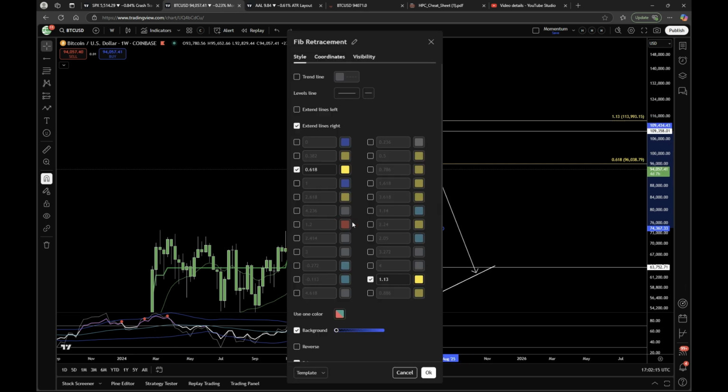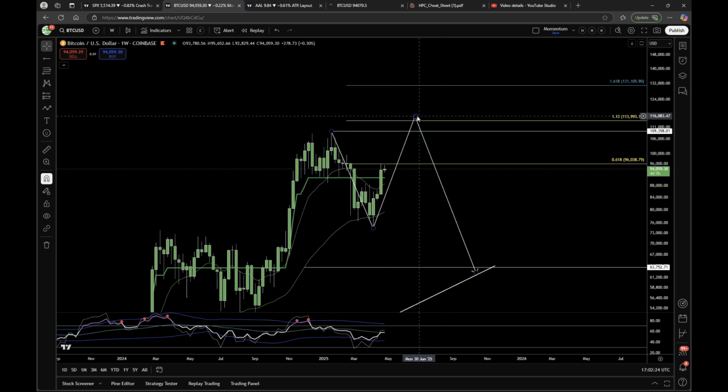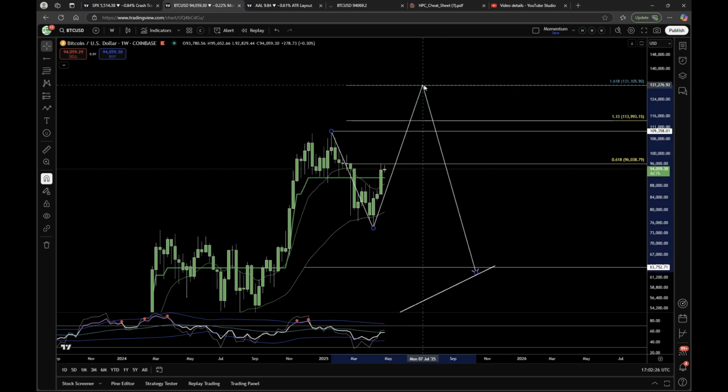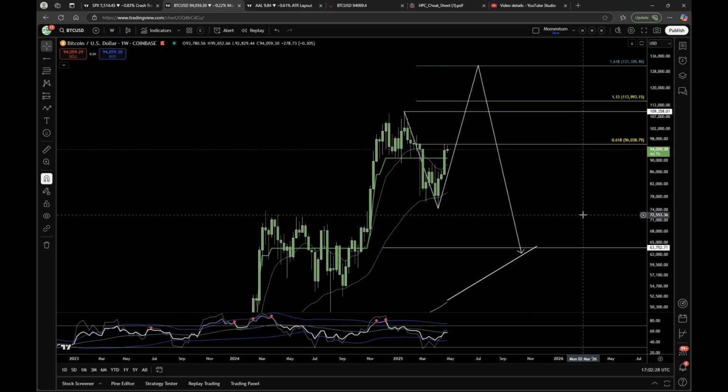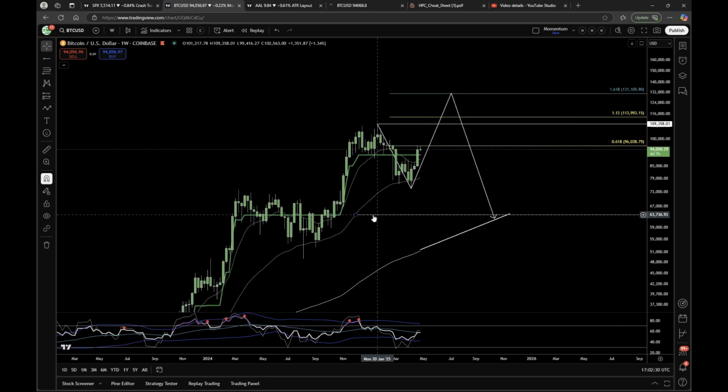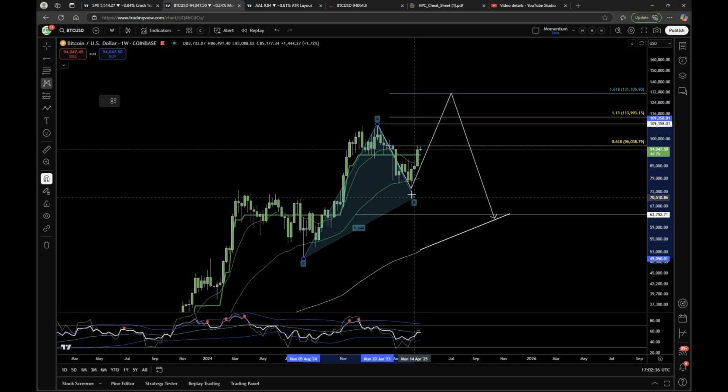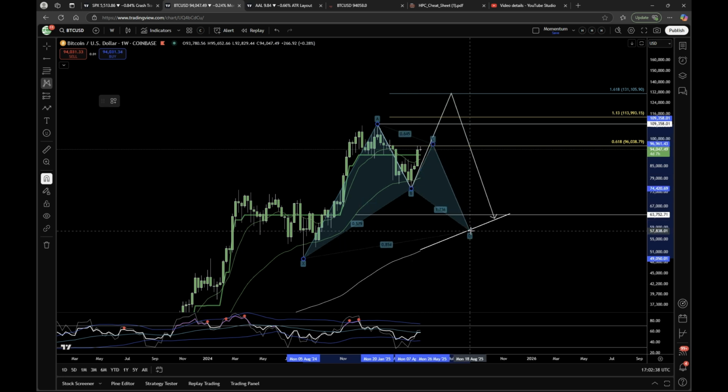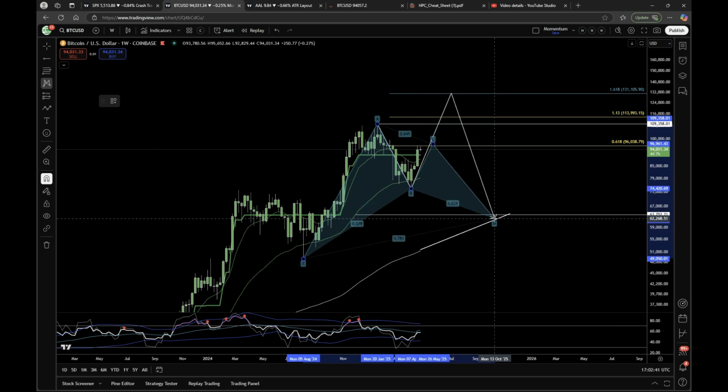What you're really looking for is under the 1618. If you can't surpass that, then you still have that cause for structure. So this gives you a few different options, right? So a lower high and then down,